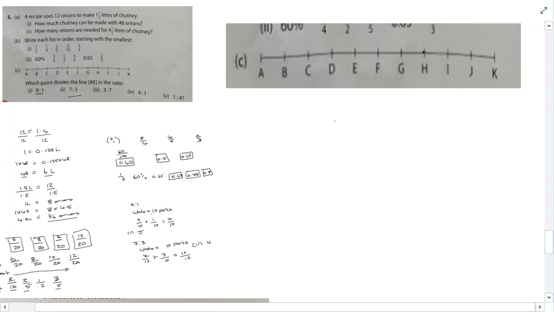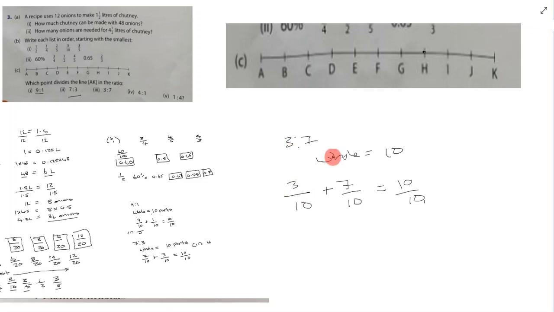Okay, so the next one, 3 is to 7. The whole is equal to 10 parts because we add the 3 and 7 together. We have 3 out of 10 parts plus 7 out of 10 parts is equal to 10 out of 10 parts. Again, we want to find out where on the line we can split it into 2 parts, one which has 3 parts on one side and 7 parts on the other. So we can go 1, 2, 3. If we draw a line here on D,